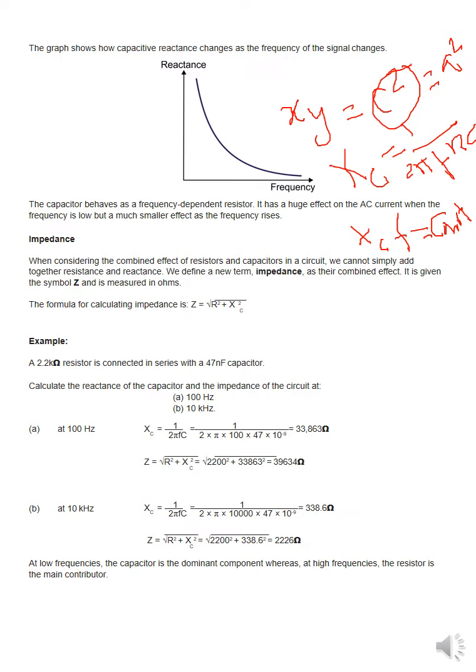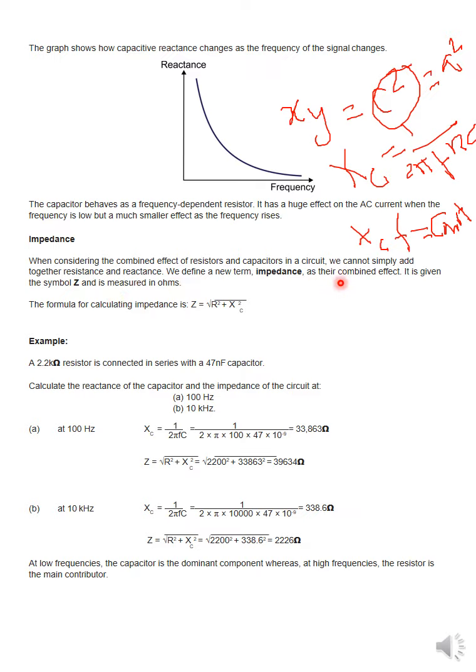When you have a frequency equal to 0, that is the lowest frequency you have, because frequency cannot be negative, it is always positive. So when it is 0, you can say Xc will be equal to infinite. So it provides infinite reactance to current or the potential when the frequency is equal to 0, or you can say for DC the frequency is equal to 0.